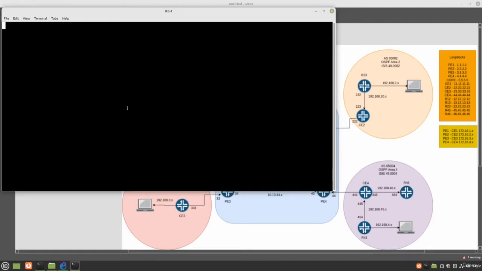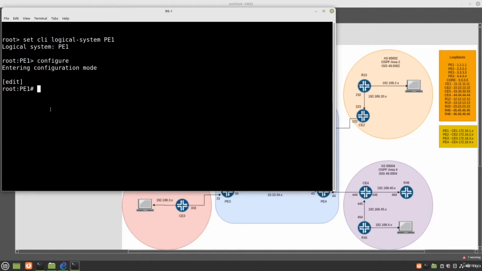Alright, so let's jump on to PE1 now. Let's do set CLI logical system PE1, and we're going to do the link between PE1 and PE3. So let's go into configuration mode, and let's do set protocols OSPF area 0 interface LT, and it's .13, and we're going to do